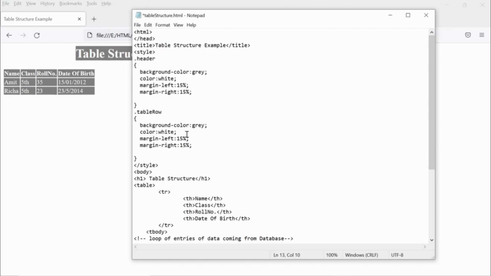For differentiation, for the header one you can put only the header class, and for the table one you can have your user-defined class, like student table or something like that.